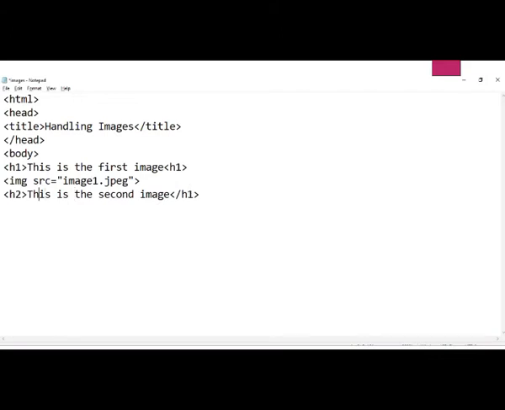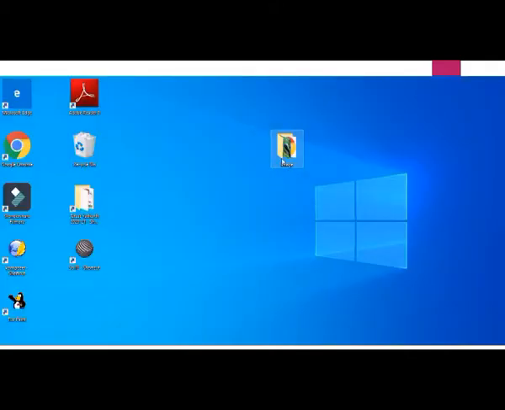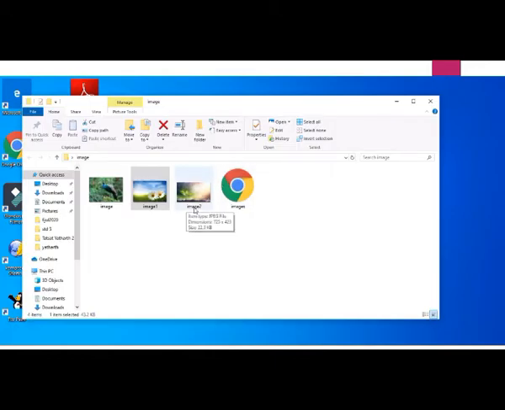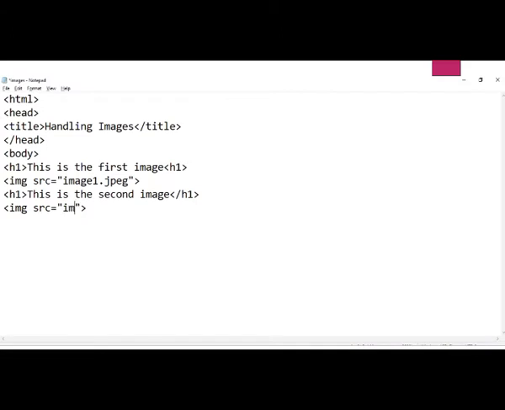And then again we are going to use the img element for the second image. img src is equal to the name of the new image, that is image2 dot extension of that image, that is jpeg. Now close the body tag and html tag, save this file and open it in a web browser.